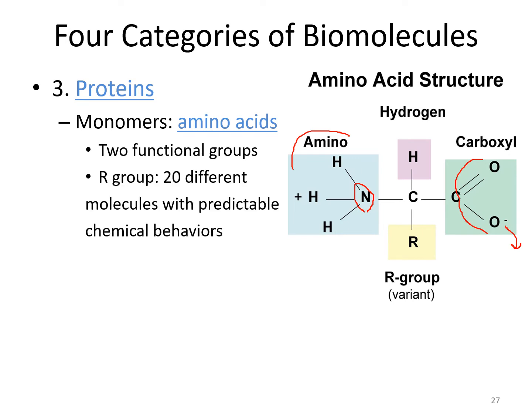Both of these functional groups are joined together by a carbon in the middle. The carbon is what attaches to this variable right here, the R group. And so there are 20 different types of molecules which can bind here, where this variable is,